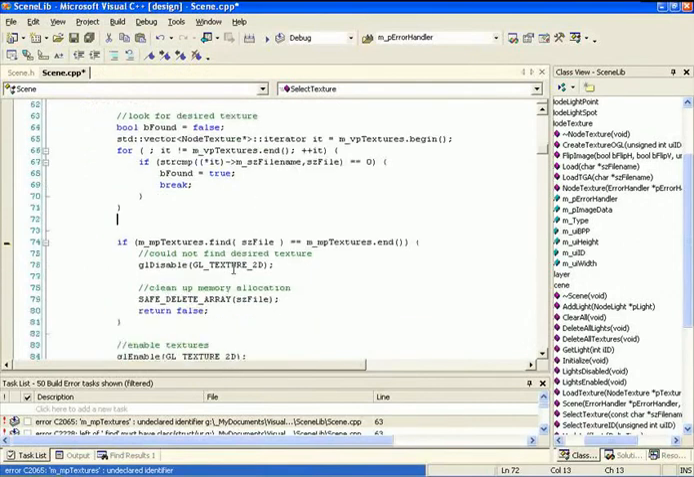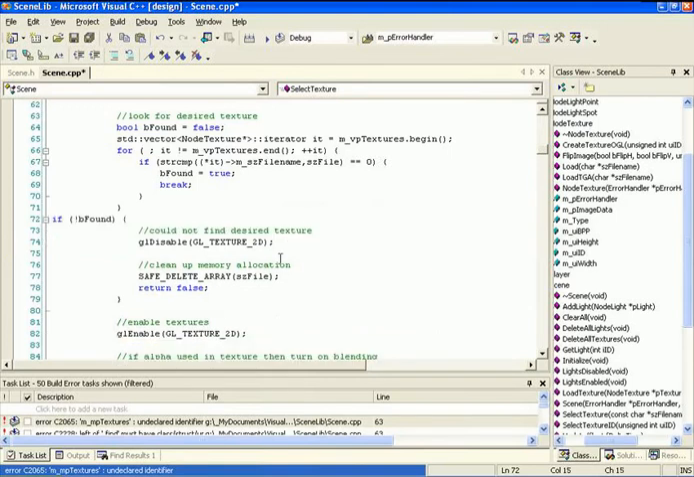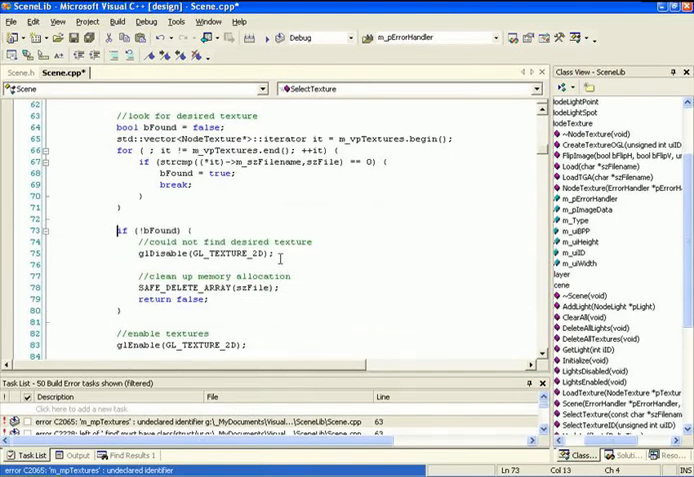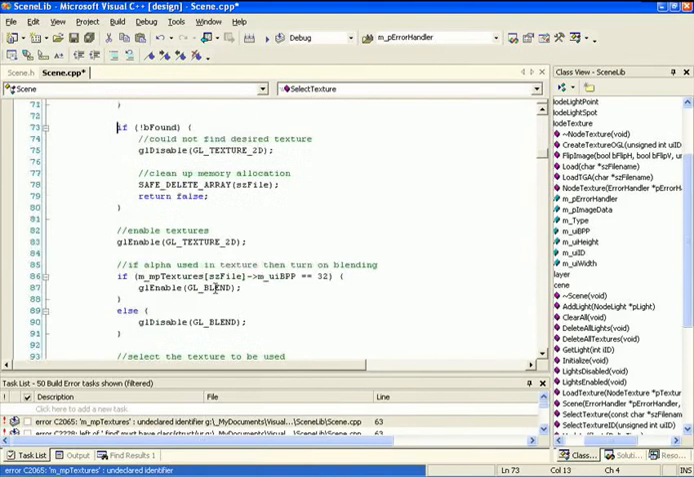So when we get down here, if beFound is equal to false, we want to run all this stuff down here because that was what we needed to do if the texture wasn't found. So we can call this, if not found, we'll then disable the textures and we'll delete our memory that was allocated up here above. Now you may be wondering,